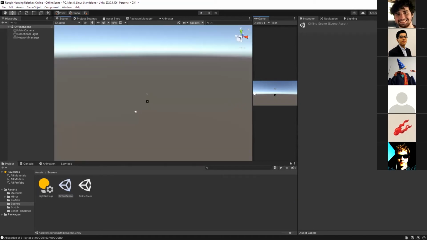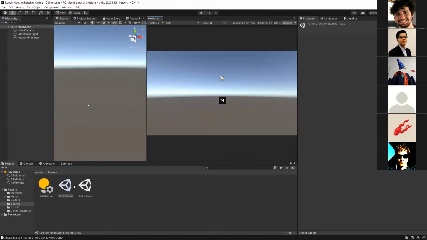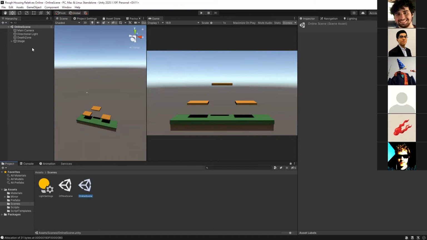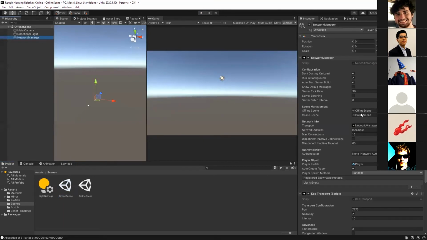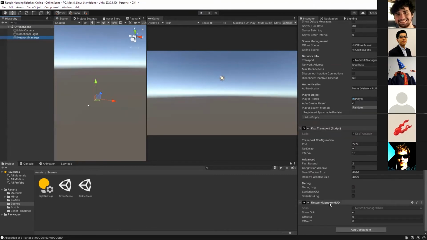Yeah, you might be tempted during testing, when you get tired of having to switch to the offline scene to press play, to put the network manager in here. But like I said before, you want the offline scene and the online scene to be separate scenes, because otherwise you're going to cause issues. The GUI. Did you add the network manager HUD to the network manager game object? It's a separate component that needs to be added on top of that. And then also the show GUI checkbox needs to be on there.